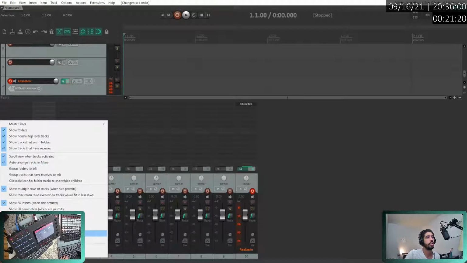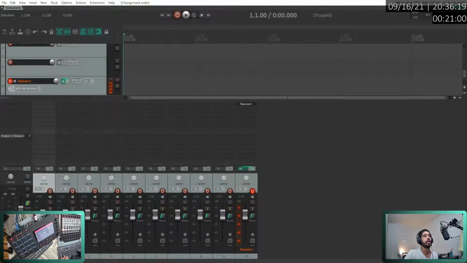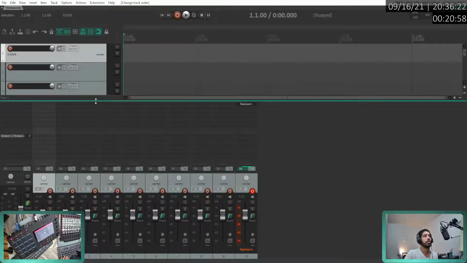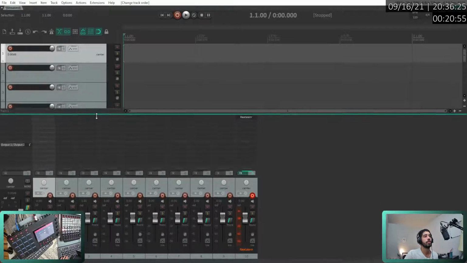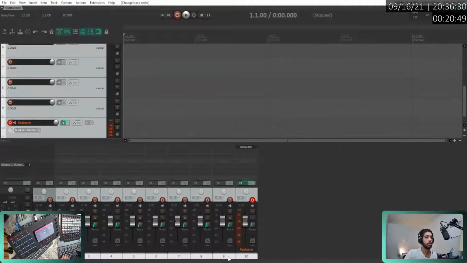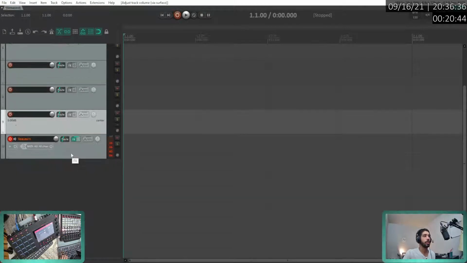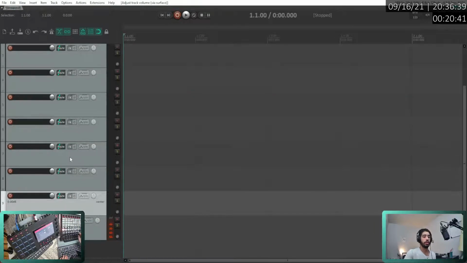Show track icons in Mixer. Group folders to the left. I know I'm going to want that. Show folders. Group tracks that have receives to the left. Clickable icon for folder tracks to show and hide children. That is what I want. All right, it's not working in the mixer, but I know that